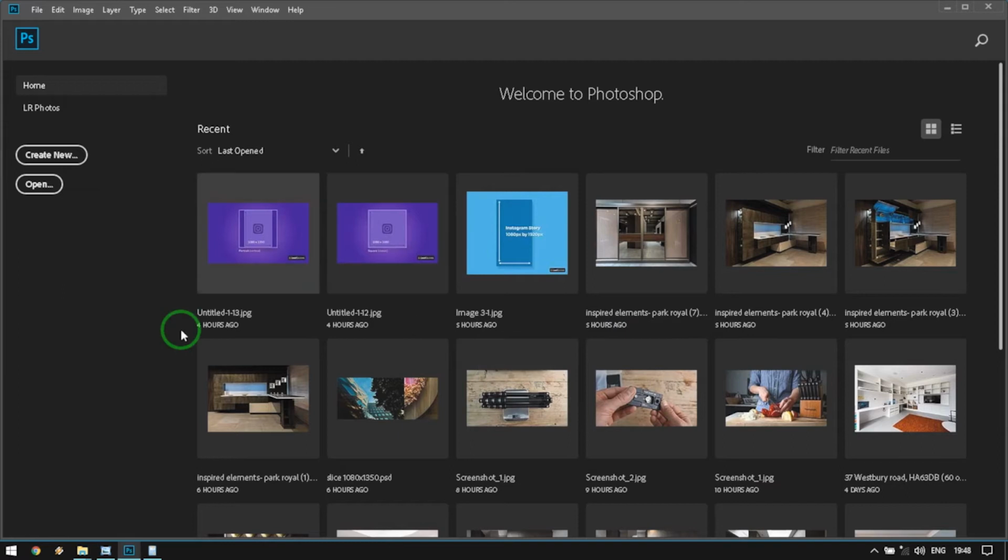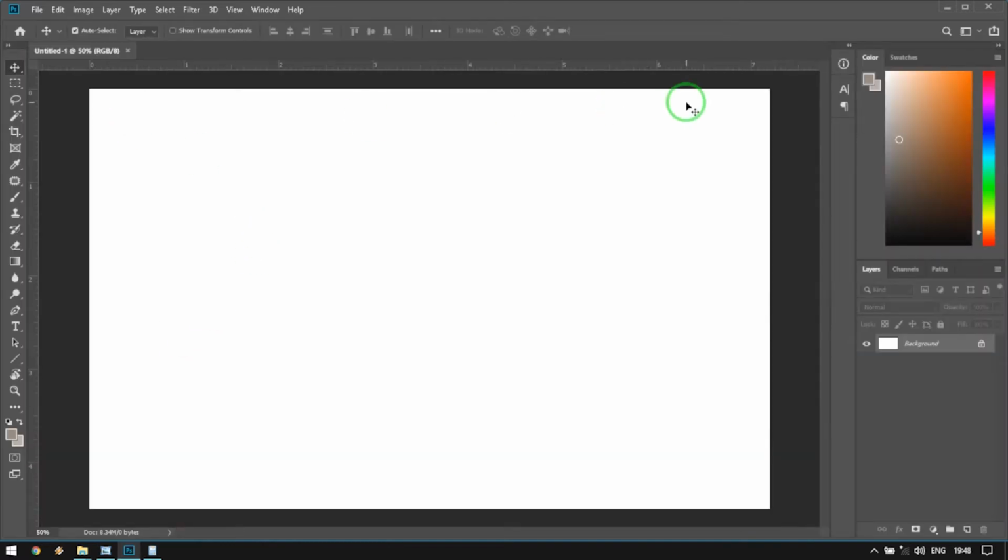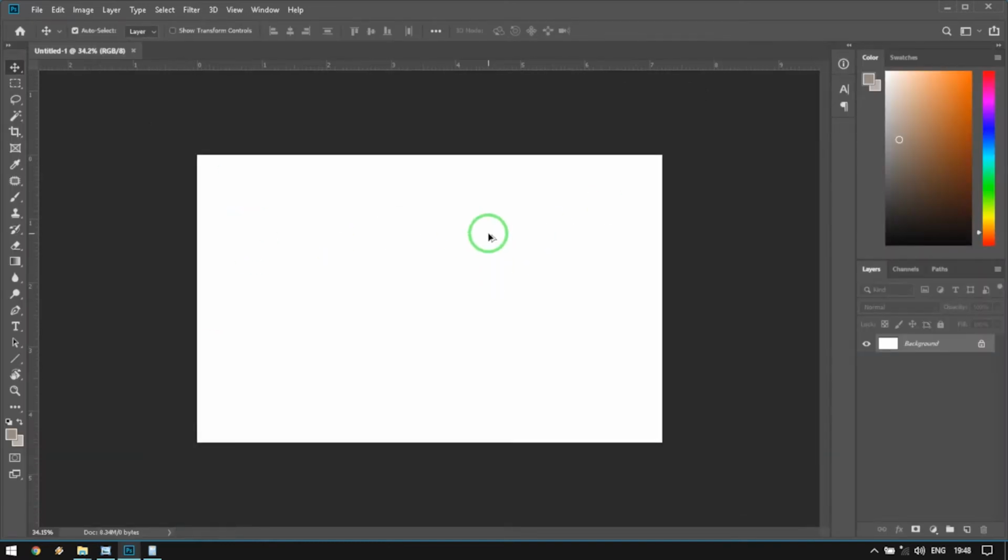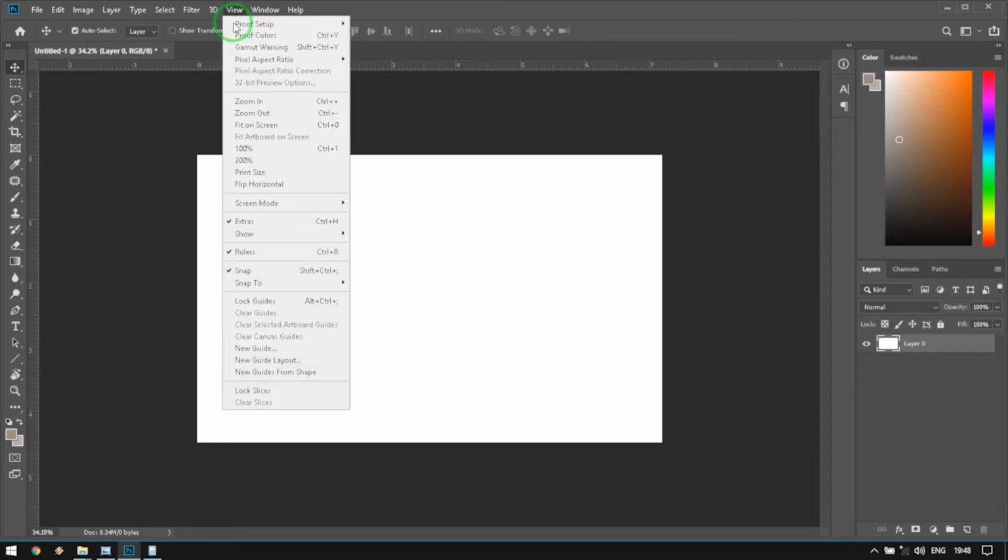We're going to wait for this one to load, and we have here a large picture. Basically, the first thing we have to do is unlock it on this side. And then we will go to the menu to View. We click there, we go to New Guide Layout,